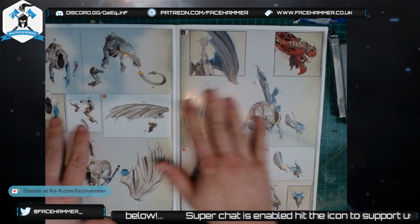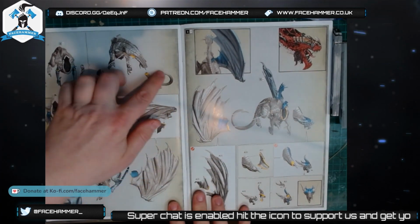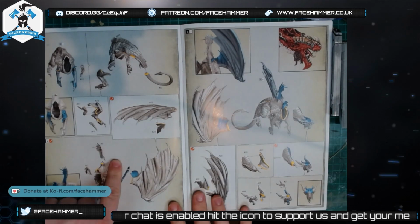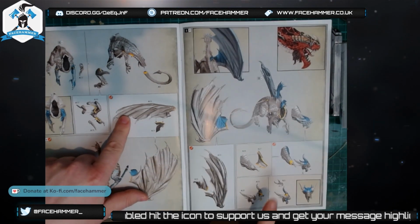Okay, cool. So you've got the main instructions. Not that exciting. You've got your main dragon and its tail, and it's got the wings. That says paint the wings separately, paint the head separately. Now, the way I've done mine